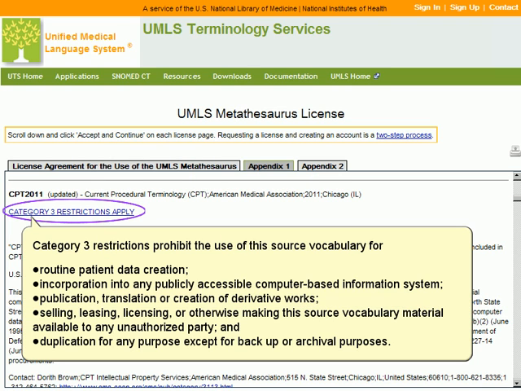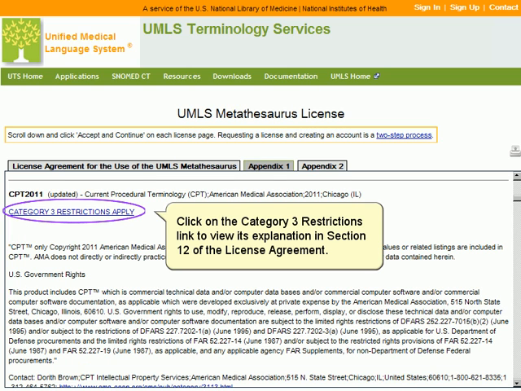Category 3 restrictions prohibit the use of this source vocabulary for routine patient data creation, incorporation into any publicly accessible computer-based information system, publication, translation, or creation of derivative works, selling, leasing, licensing, or otherwise making this source vocabulary material available to any unauthorized party, and duplication for any purpose except for backup or archival purposes. Click on the Category 3 Restrictions link to view its explanation in Section 12 of the License Agreement.